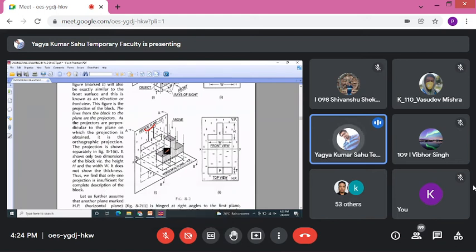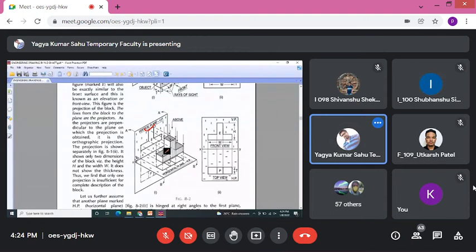Okay, but this front view is only showing the length and height of the object. It is not showing the thickness. So by drawing this one view, the front view, we cannot express all the details of this particular object. Is it? Yes or no? Yes, sir. In orthographic projection, if you draw only the front view, it will show length and height only. So you cannot express all the details, as the thickness is remaining. So we need another view.